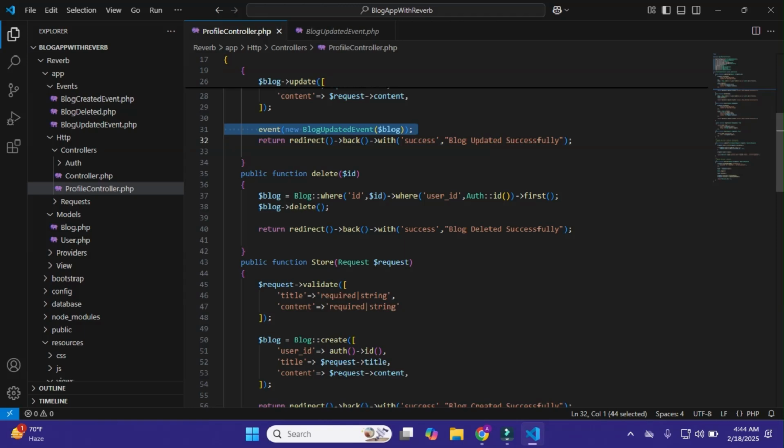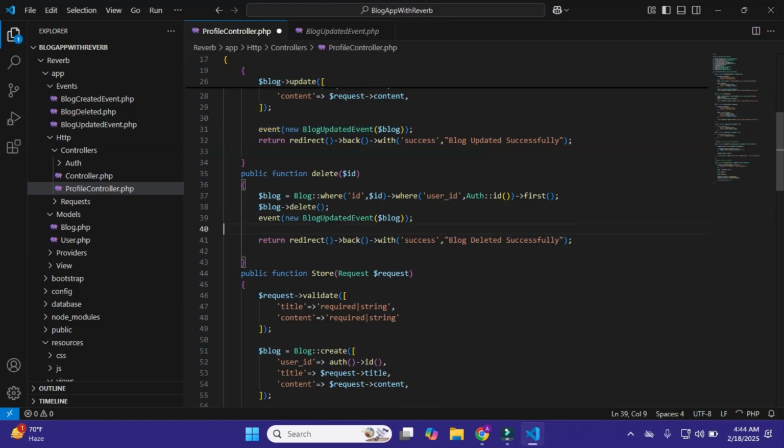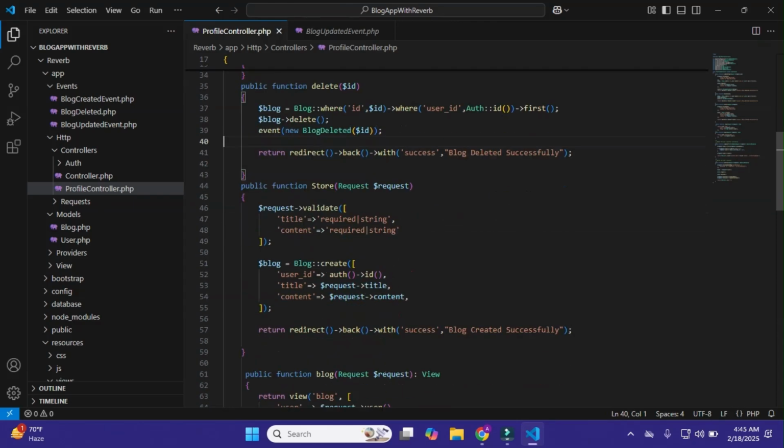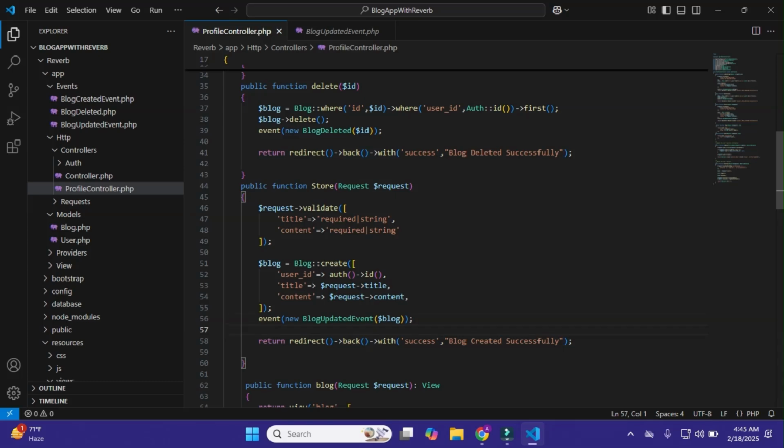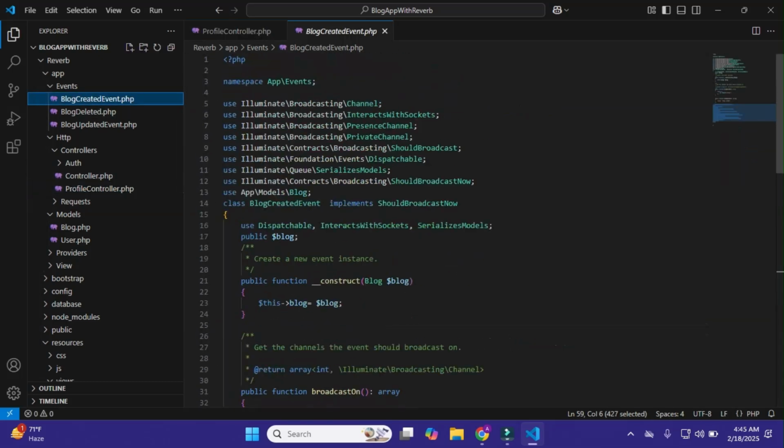Okay, just this, and now I'll just simply copy it, and in the block deleted also, after delete I'll just simply pass a new BlockDeleted, and within it I'll just simply pass here id, $id, like this. Okay, and now here in the block store, after the block is stored I'll just simply pass here event, and our block created event name is this.